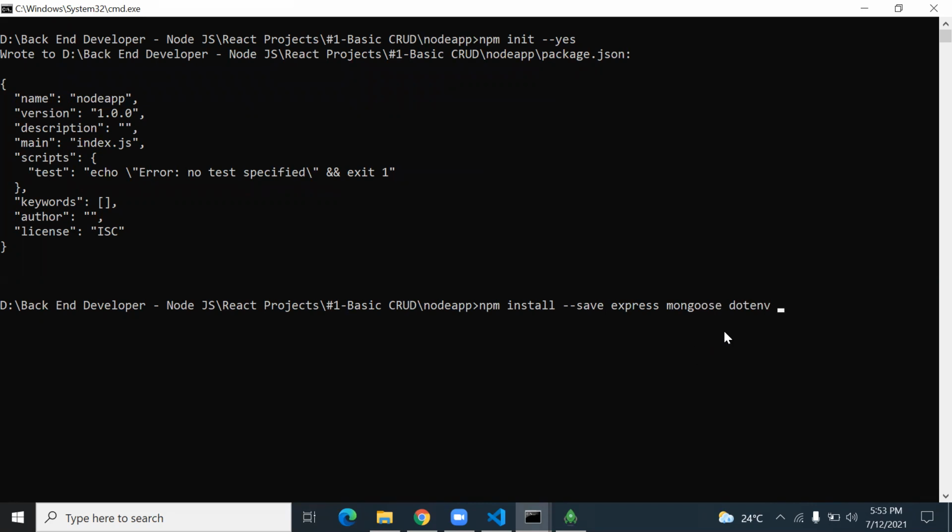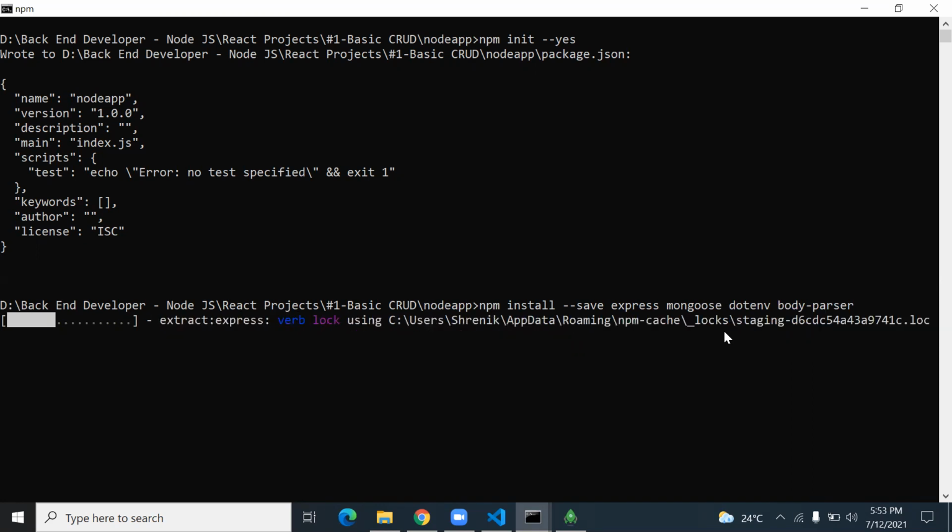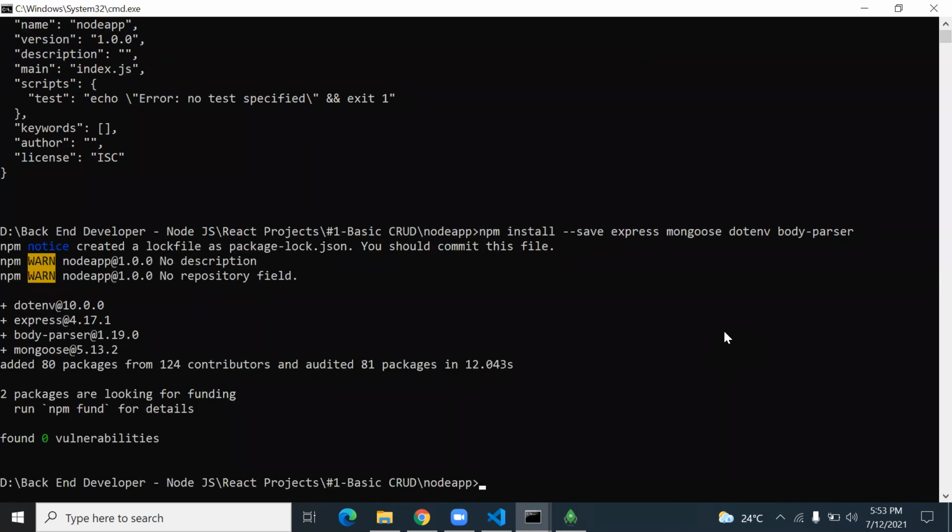Okay, body parser is also needed. So install as required all the modules for your project, and once you're ready with all the modules, then you create app.js, controllers, models, database configuration, and then your app will be ready.